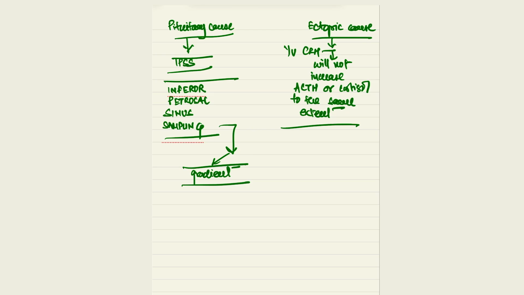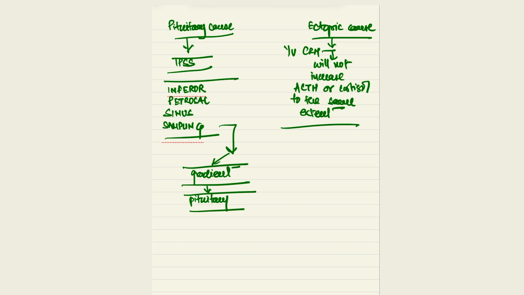So functionally the pituitary may be divided into left and right parts, and 60% of the time it is also symmetrical. So one half of the pituitary, the blood is drained into the ipsilateral petrosal sinus, that is the left half of the pituitary drains in the left inferior petrosal sinus, while the right half drains into the right petrosal sinus. So if there is a pituitary cause,